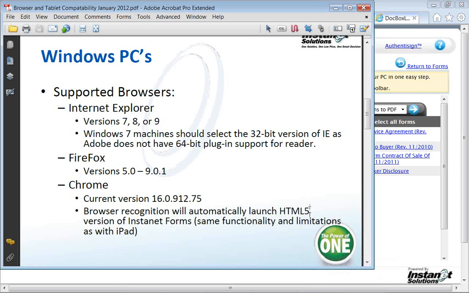Just different internet technologies. Because Chrome and Safari do not support the Adobe plugin, we are using a different internet technology to offer an experience through those browsers. So for Windows-based PCs, we do support all three browsers. Just in terms of development and history, we have the longest history of development with Internet